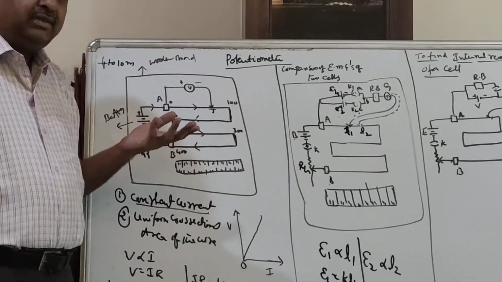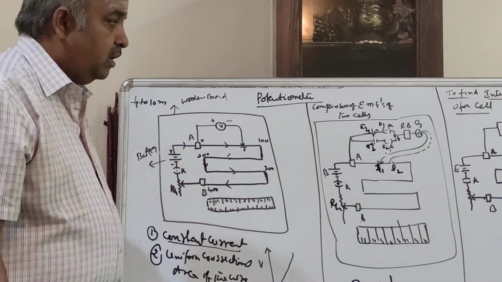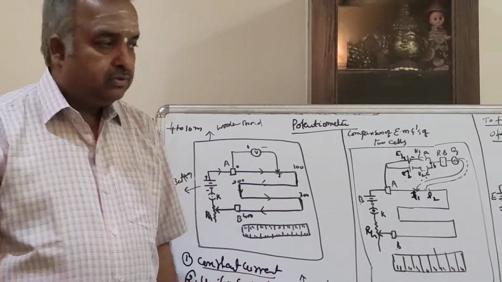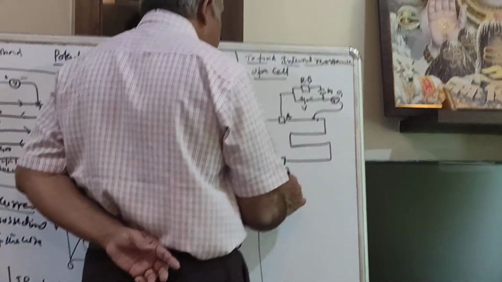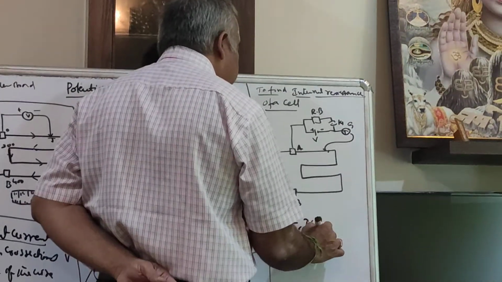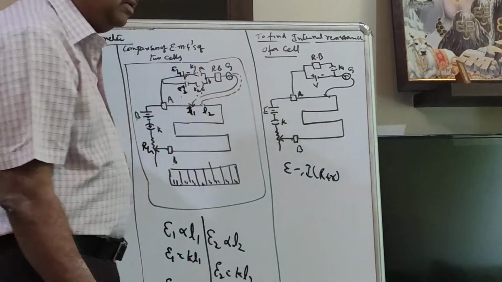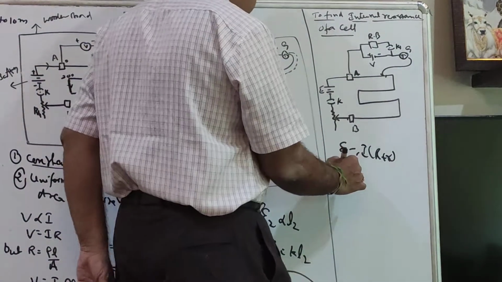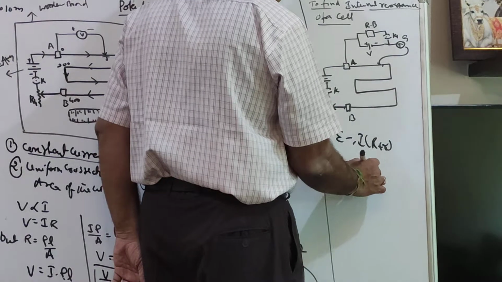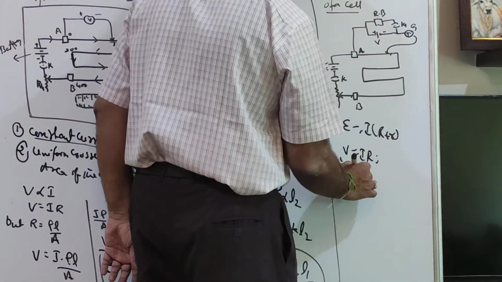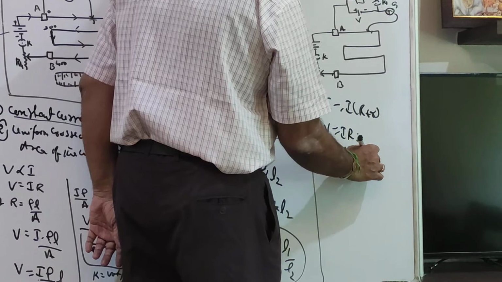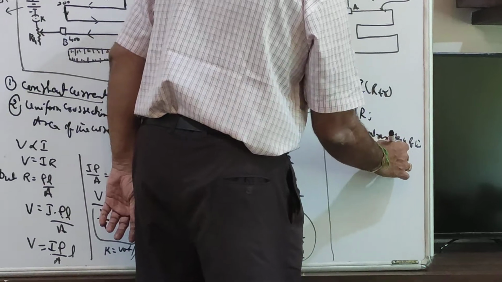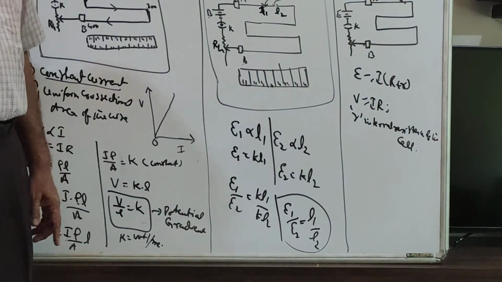Next, the internal resistance of the cell. As we know, consider the terminal potential difference when the circuit is closed and when it is open. According to Ohm's law, E is equal to I into (R plus r), that everyone knows. That is, E is equal to IR plus Ir. Here IR is V, as you know, V is equal to IR, and small r is the internal resistance of the cell. Because of this only, we are not able to draw the full current.